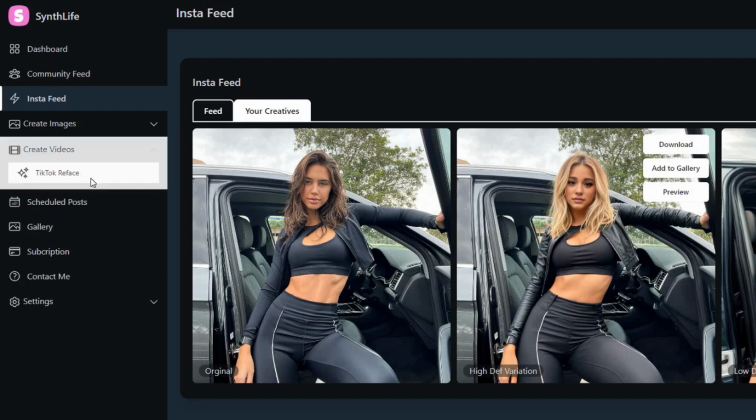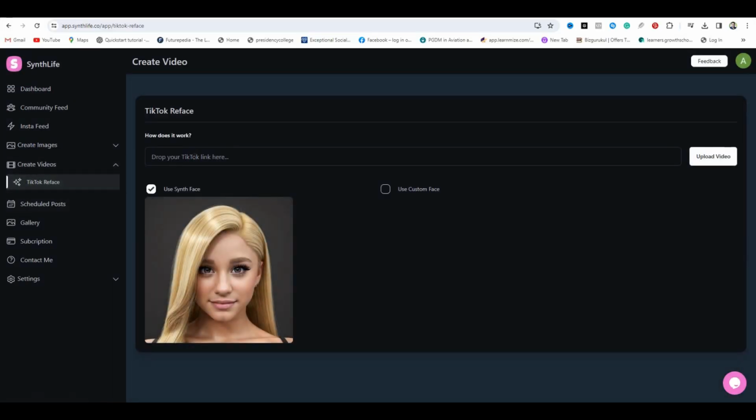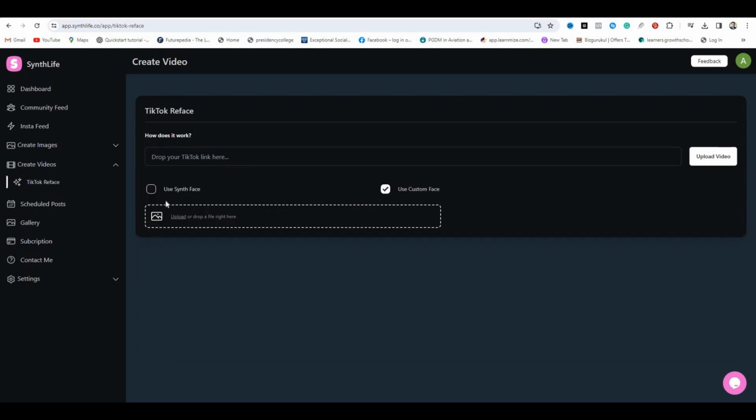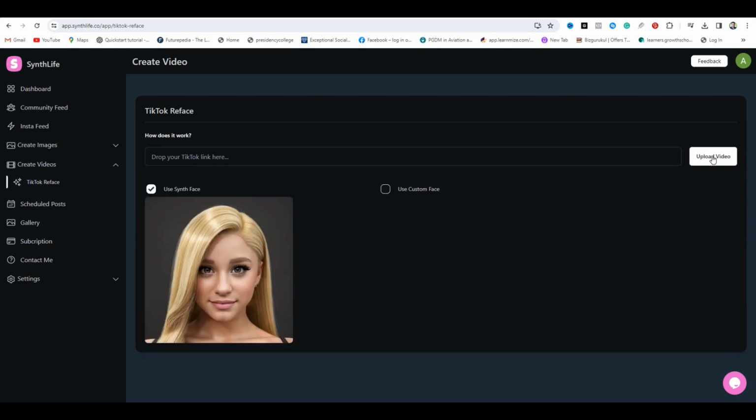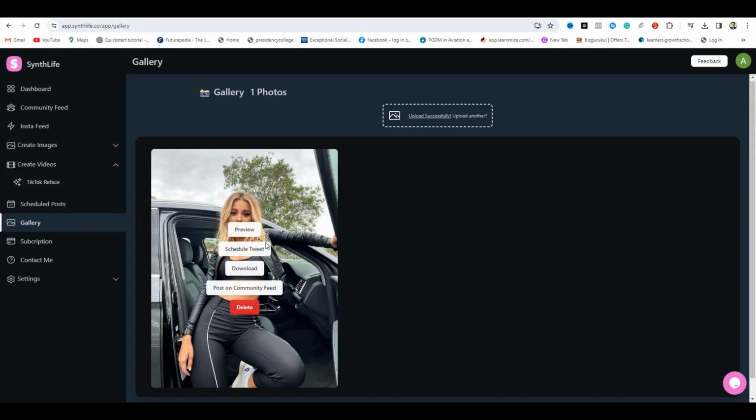And for that, you have to click on this create video, and here we have the TikTok reface. So here we have our AI influencer, but if you want to upload your custom image, you can use the use custom face, and here you have to paste the link of the TikTok video and hit upload. Your AI influencer video will be ready in few minutes. So this is the all-in-one AI tool where you can generate the images inside of this one, and in the